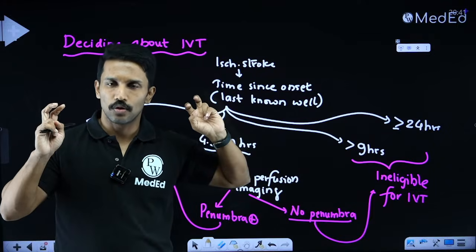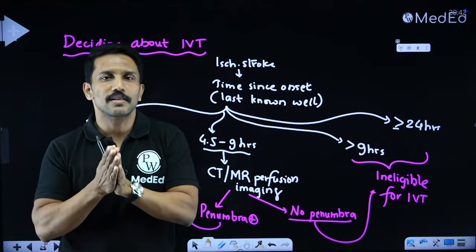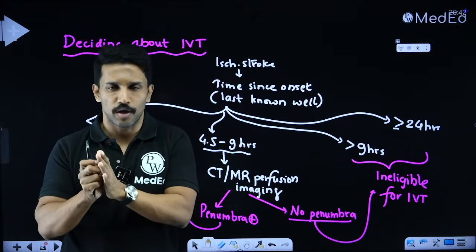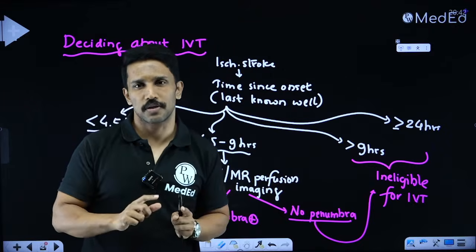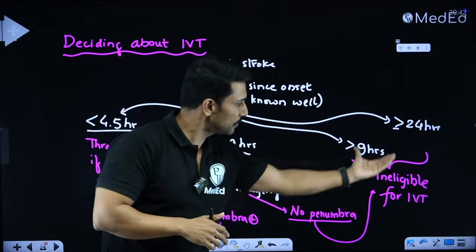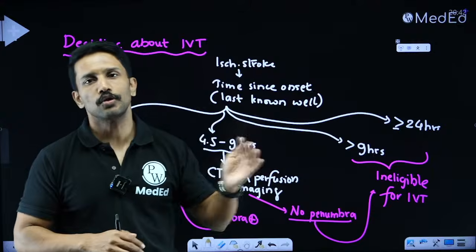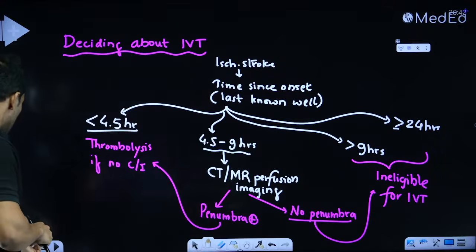But if it is unknown onset or if it is a wake-up stroke, we can go for thrombolysis if there is still a penumbra present on CT or MR perfusion imaging, or there is a diffusion weighted imaging and FLAIR mismatch present. If these two are not there, those cases will be treated just like the post 9 hours, post 24-hour cases. Okay, is that clear? Now let's also learn about